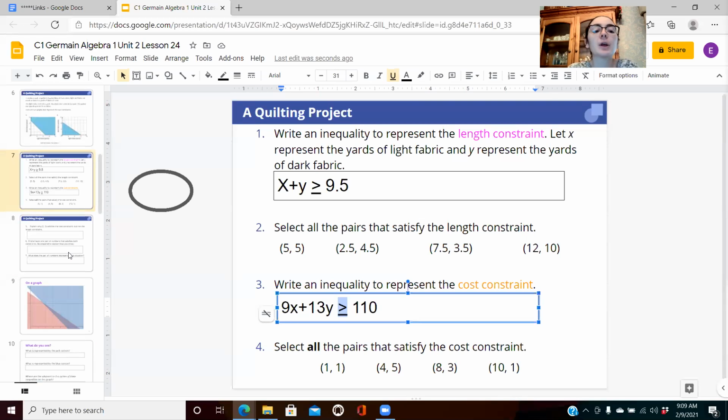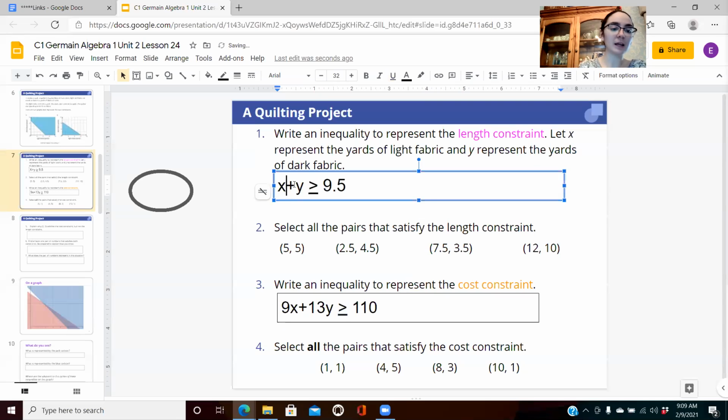Okay, awesome job. The only thing I'm going to say, I'm not going to say that it's wrong, if you write inequalities using letters, so for example, you use the letters L and D because we're talking about light fabric and dark fabric, I would say yes, 100%. The only thing is, make sure that when you're talking about these two constraints between your two inequalities, you keep the same letter for each,